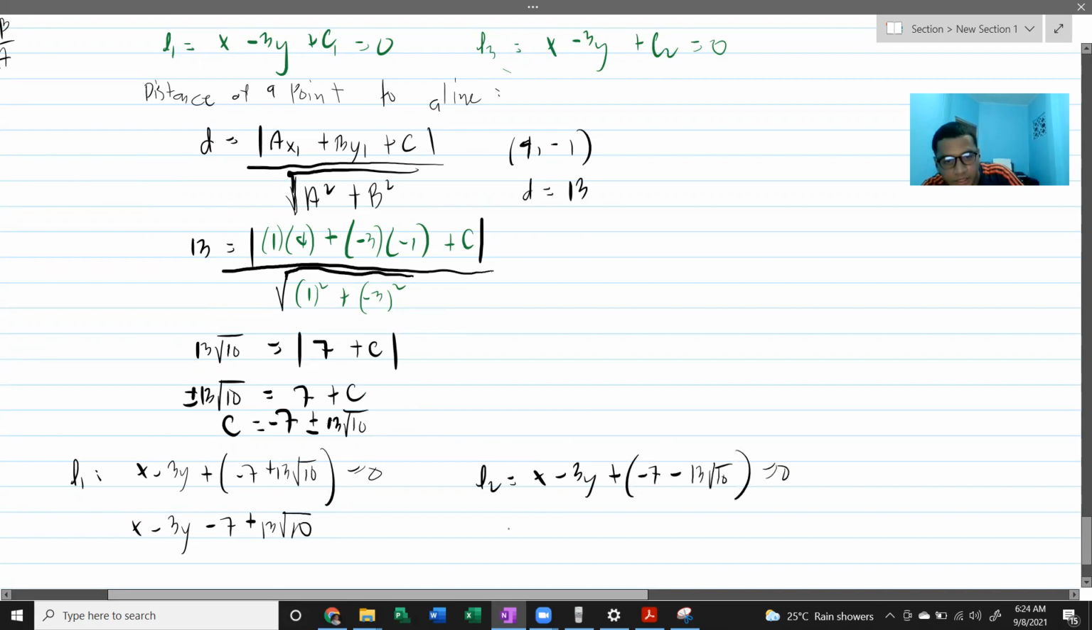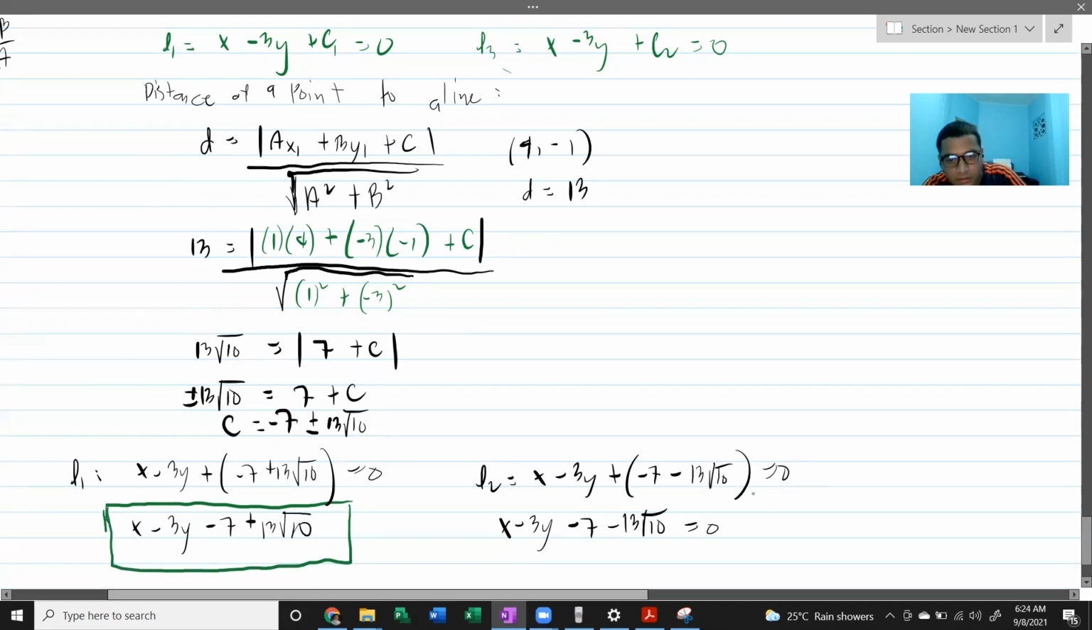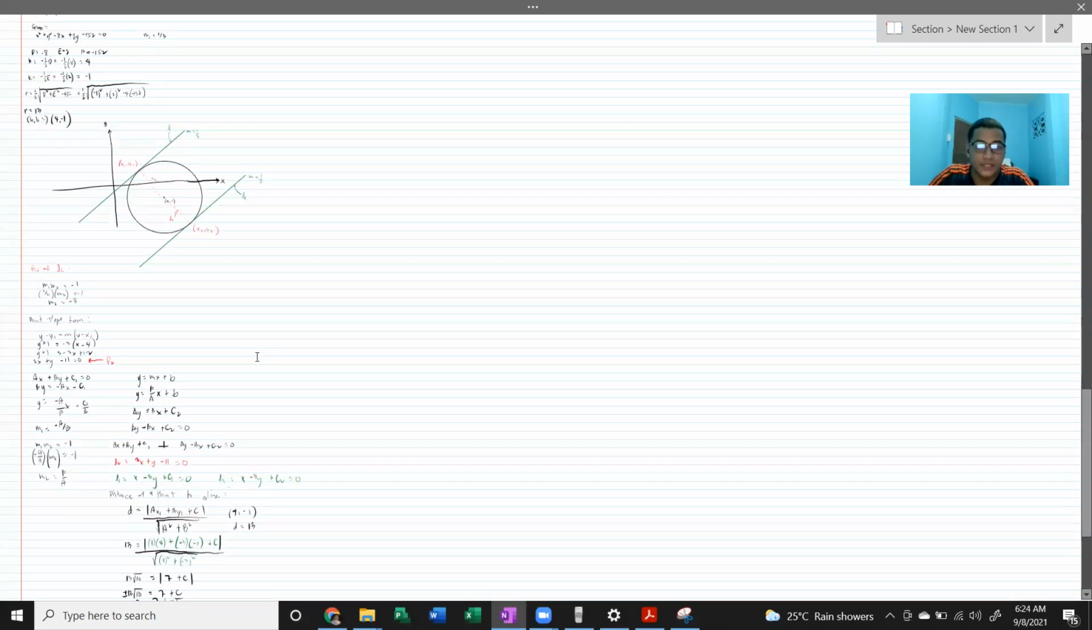So our L2 is x minus 3y minus 7 minus 13 square root of 10 equals 0. Okay, so ito na yung hinahanap natin na solution. Okay? Okay na? So that's how you solve for the tangent. The equation of the tangent line given its slope and